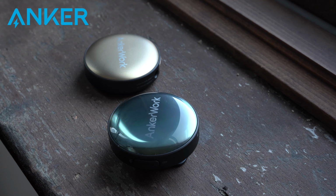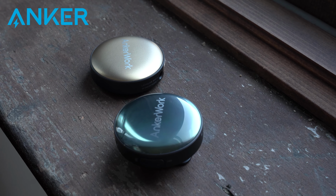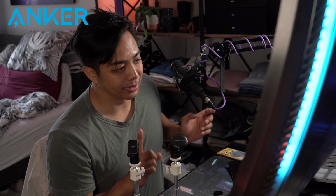Just having some customizability is always lovely for these things, especially because these microphones are going to be straight in your face. While this is a little bit bigger branding, DJI's is a little bit more utilitarian. Depends on what you're trying to go for, and again, the lights may bother you. The good thing about these lights, though, is when I swap back to the DJI